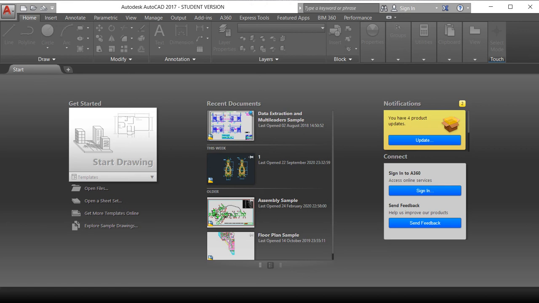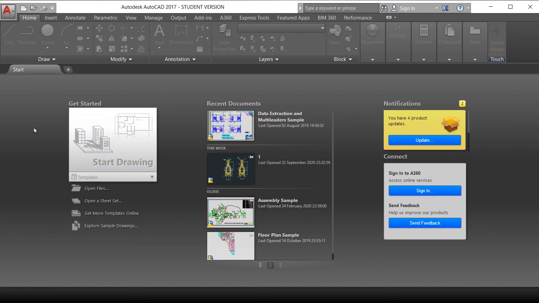In the previous session, we have seen the AutoCAD user interface and toolbar in AutoCAD. In this session, we are going to see how to give a limit to our workspace, and how to apply a limit to our workspace where we are going to draw the drawing. We are also going to see the line and polyline command and the difference between the line command and the polyline command.